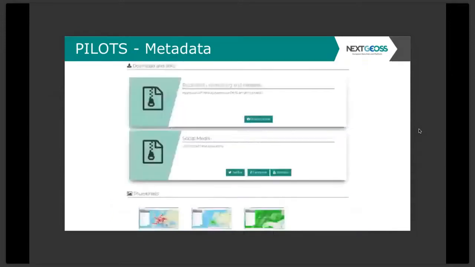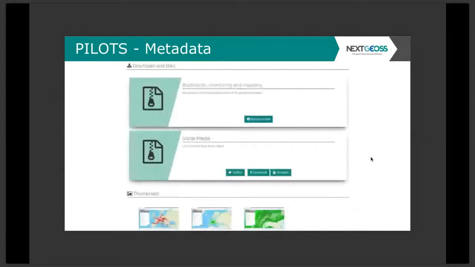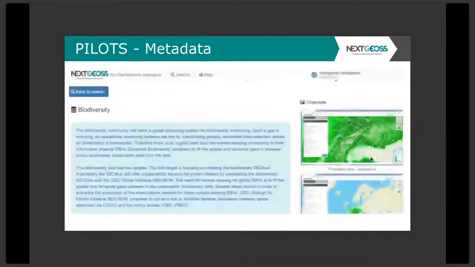Let's take a look at the metadata tab. The first part of the metadata tab displays a map and the area of interest for the particular pilot. Sorry that the picture is a bit cut here. And then after that, we have resources that the user can download that are specific for that pilot, a list of images generated for that pilot, and an important thing to mention here is that this data is not